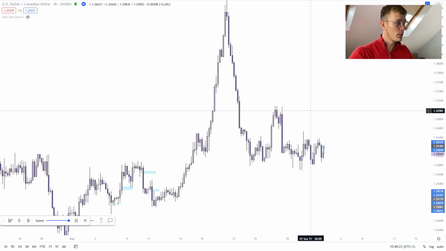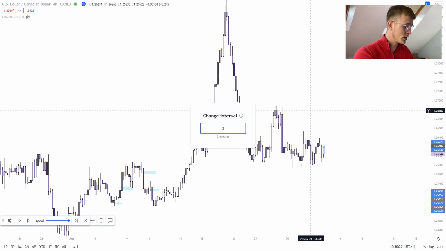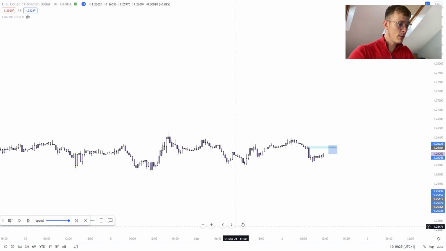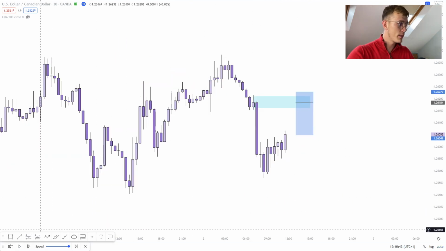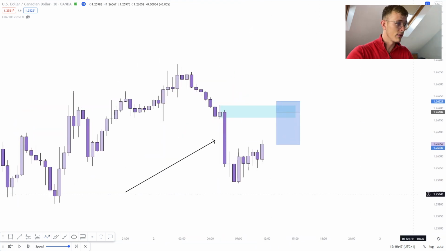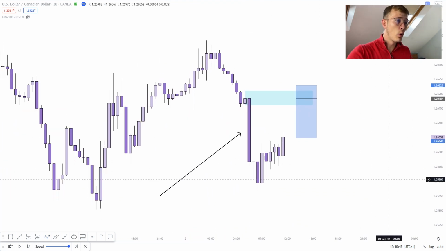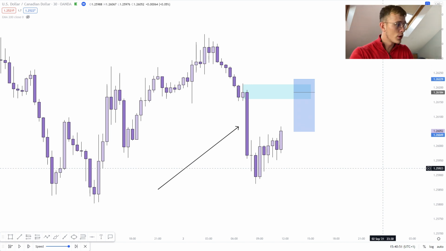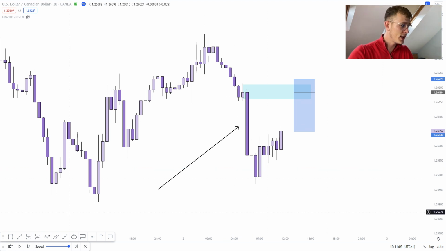So that was my bias. I understood that the market was pushing down on the higher time frames, so my bias was purely to look for short positions. Jumping back into the 30-minute time frame, I could see a strong level or area where price had pushed impulsively from. It's important that when looking for supply and demand levels or order blocks, the area you want to trade from has pushed impulsively. You see strong candles with large amounts of volume. This is the idea behind it, that this area here